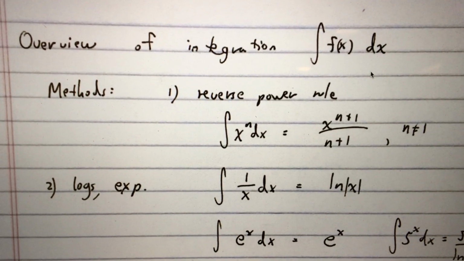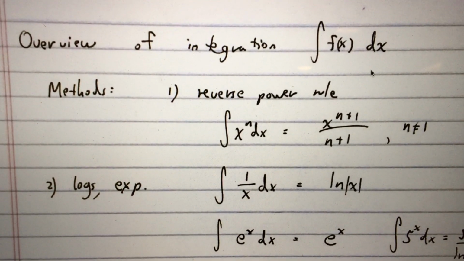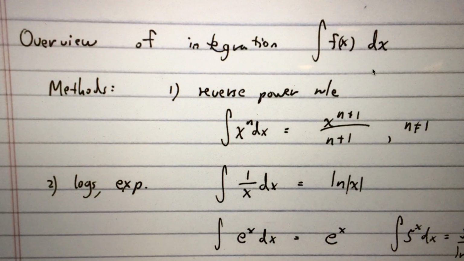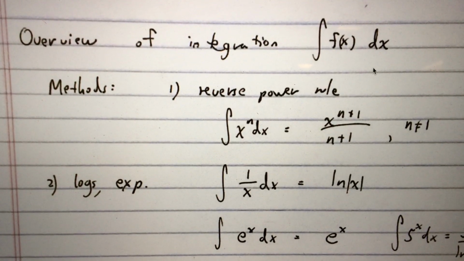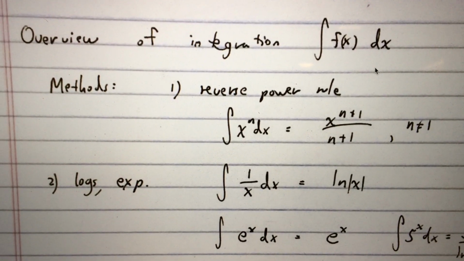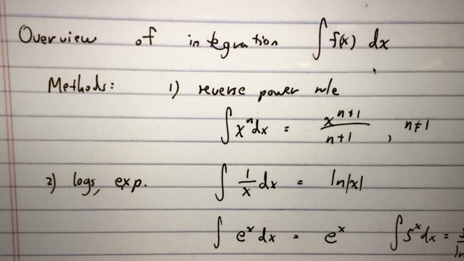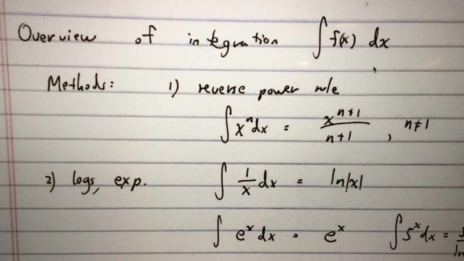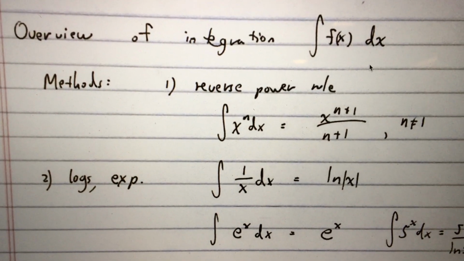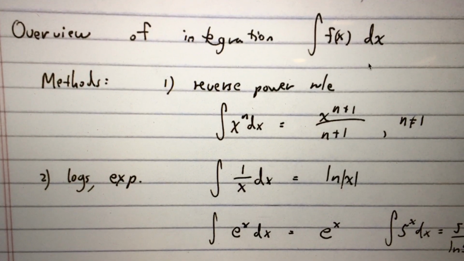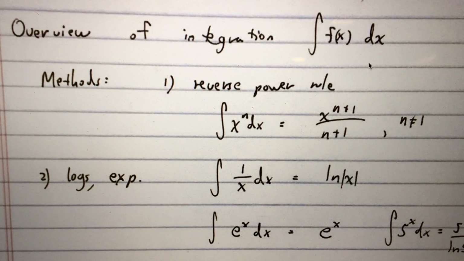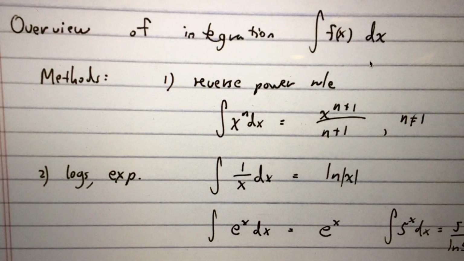So section 7.5 in the book is a big overview, a review mostly of integration techniques, starting with the ones in Calc 1. So I'll go pretty quickly through this review of all the ways of anti-differentiating we know, starting with the reverse power rule, also known as raise and divide, and then some special